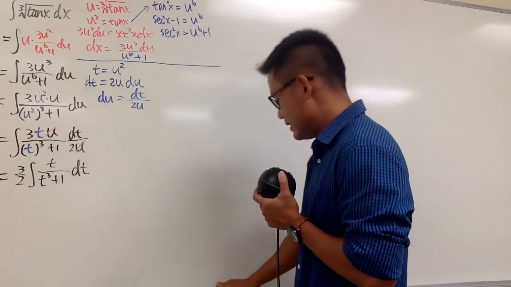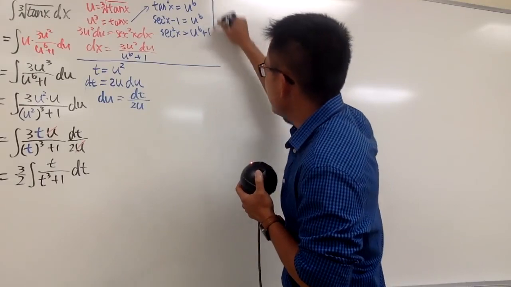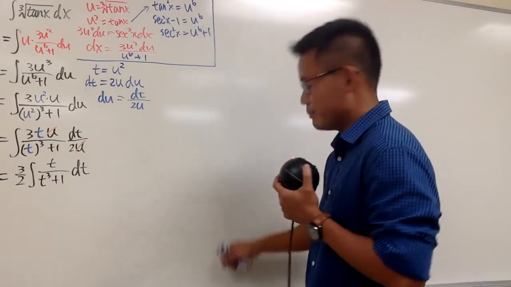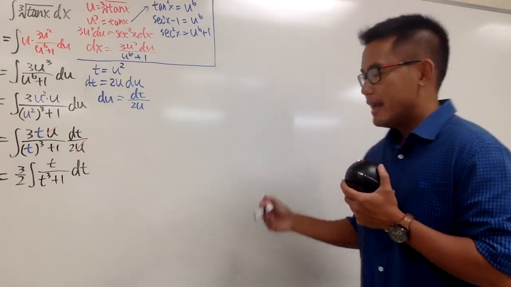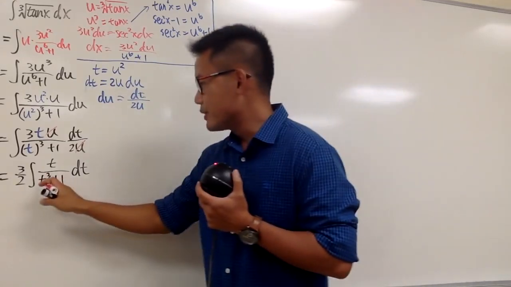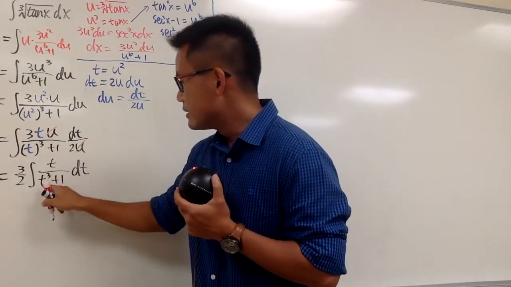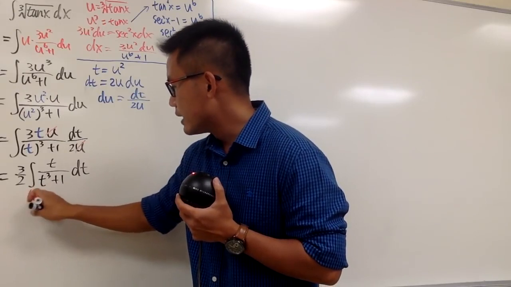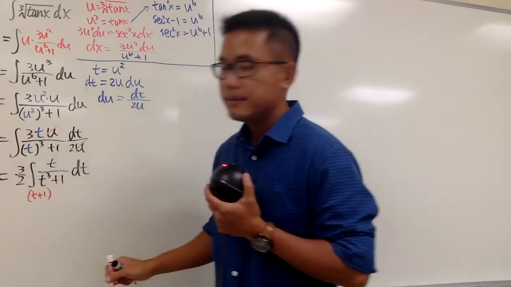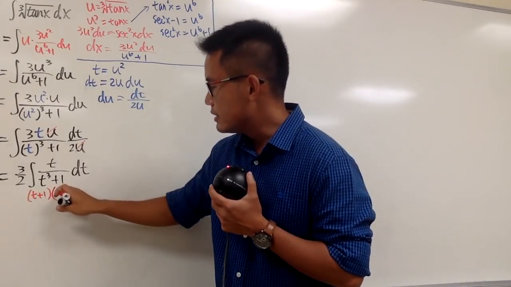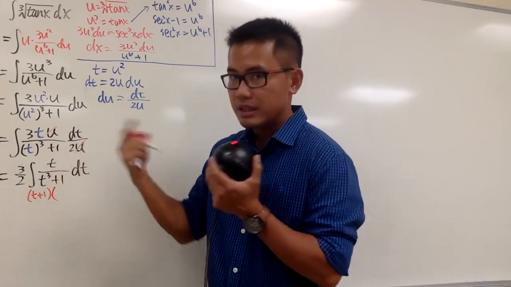I will close this now, right here, and here is the time to do partial fraction. Let me just show you guys how to factor this real quick. This right here is the sum of 2 cubes, and you will get t plus 1, right? And then the formula says the second parenthesis is going to be the first term squared, the t squared, which